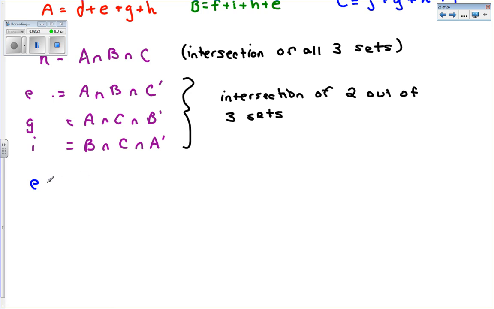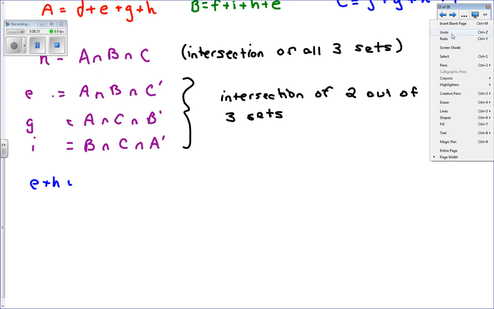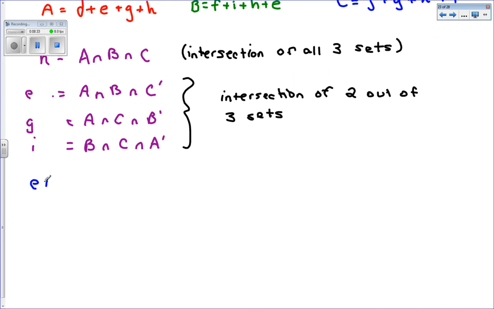Okay, so E plus H is actually the intersection of A and B. It doesn't exclude C. So we can include C, which then means that H and I would equal the intersection